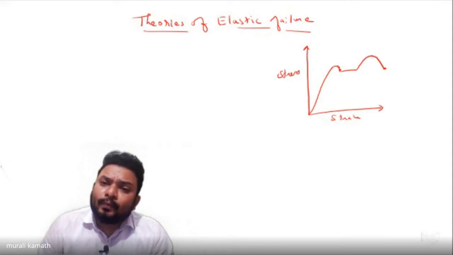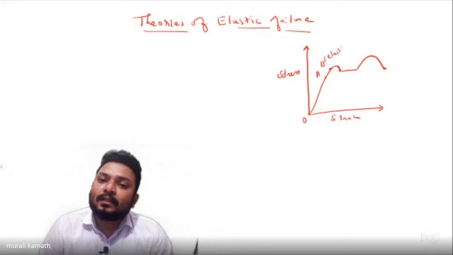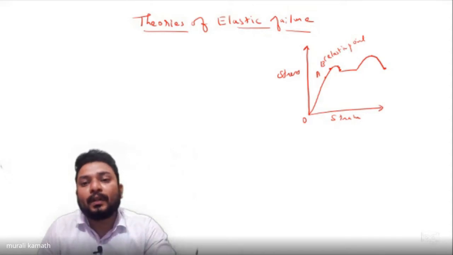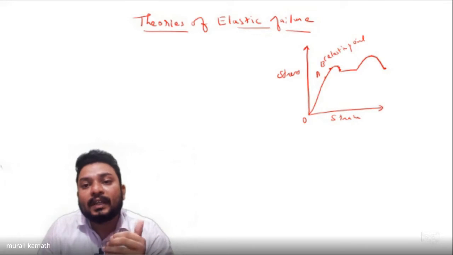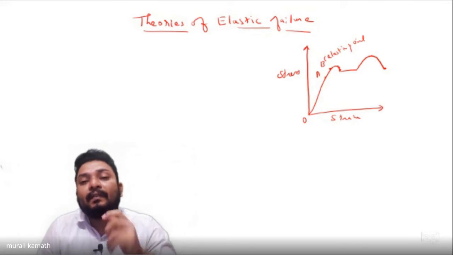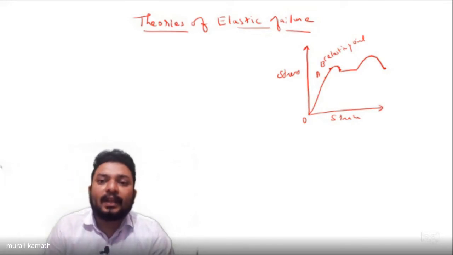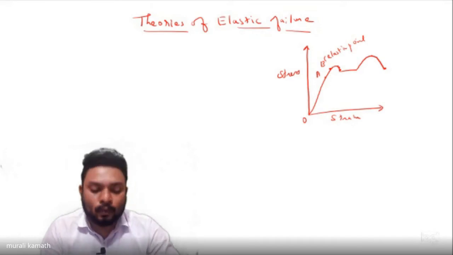So after 0, a, b, where b is your elastic point and a is your limit of proportionality, it means whenever you remove the load, it will regain its original shape and size. When it reaches the elastic point, it will not. What we know up to now is that